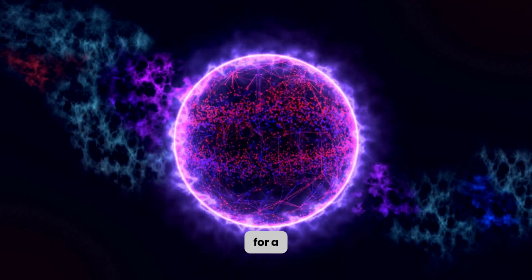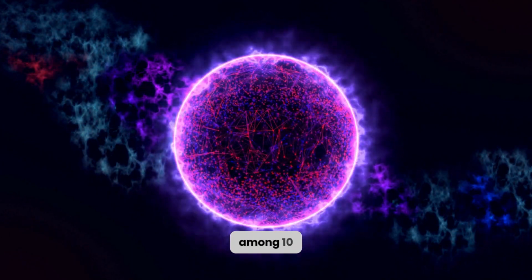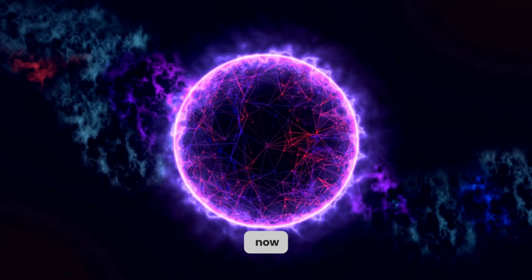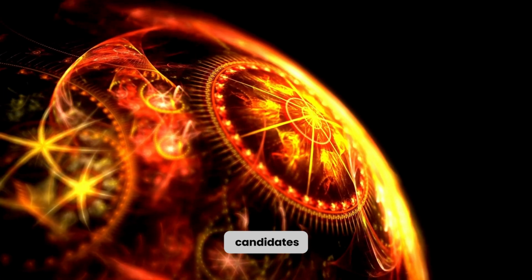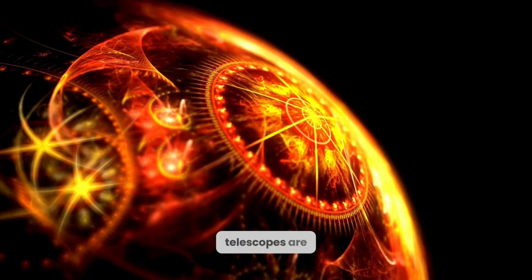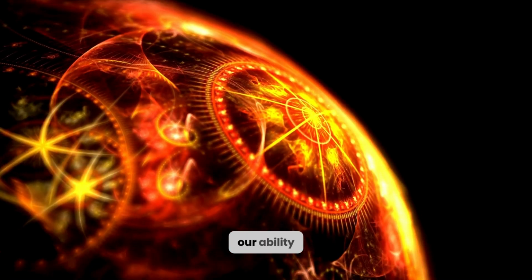Instead of searching for a single potentially habitable planet among 10 stars, scientists can now focus on one star to find multiple Earth 2.0 candidates. As new and advanced telescopes are being developed, our ability to uncover the